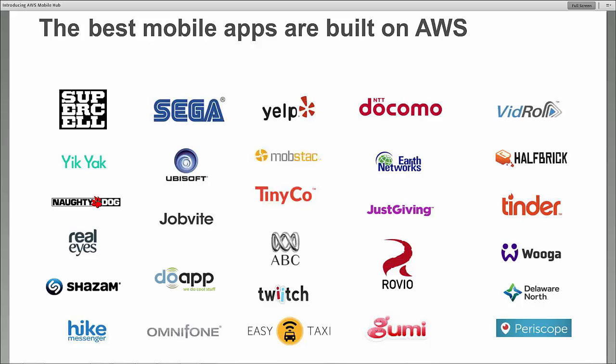So to begin with, at AWS, we've been working with companies who have been building mobile applications for a number of years now. And we're very proud of the applications that are hosted using AWS services. As you can see here, there are a significant number of household name applications that we all know and love, whether it's games or messaging applications or applications for photos. As you can see, Twitch and Periscope and Supercell and Sega and so forth. But what you're also not seeing here are the enterprise applications that are hosted in AWS as well.